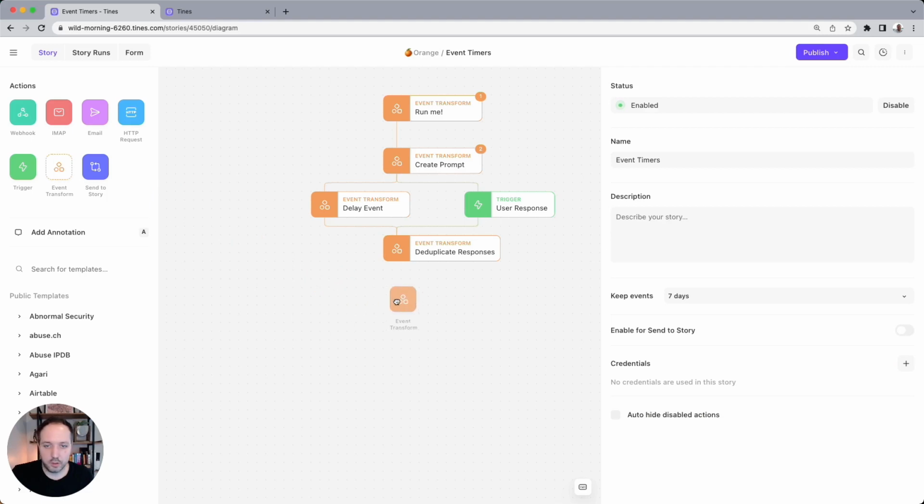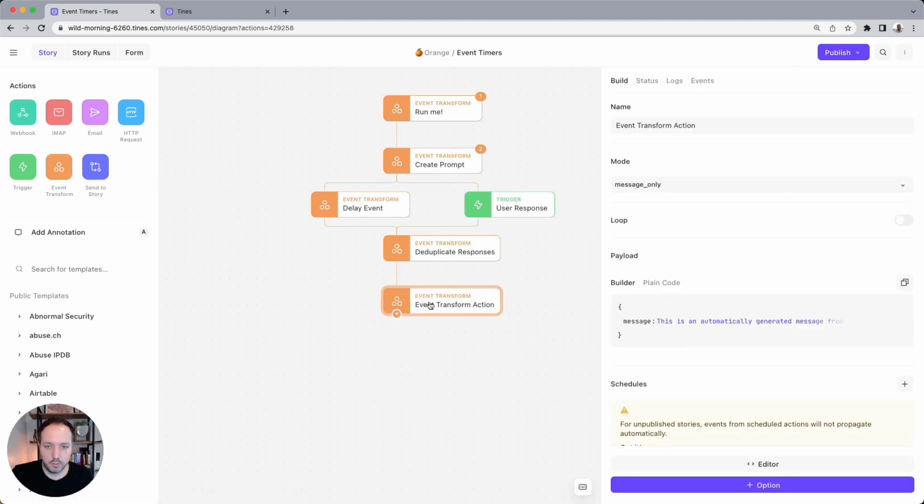And for good measure, I'm going to finish off the story with an action called done to show that only one action or one event will make it through the whole way. So if I go back up to run me,